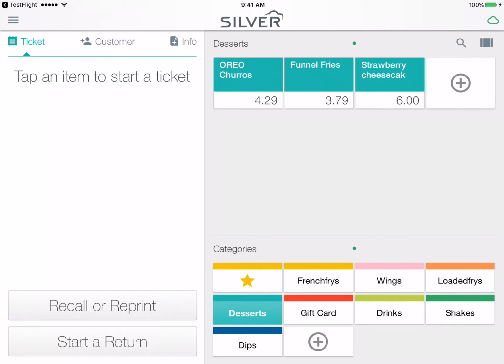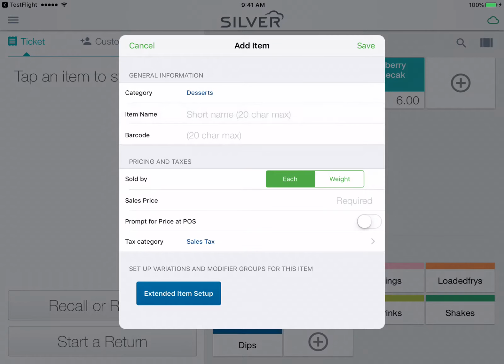In this video, you will learn how to set up a basic item at the point of sale using your tablet for NCR Silver. First, select the category in which you would like to add the new item, then tap the plus button. You will need to enter the item name,